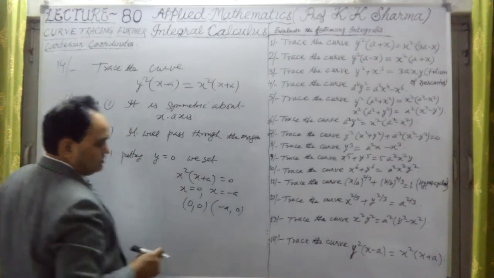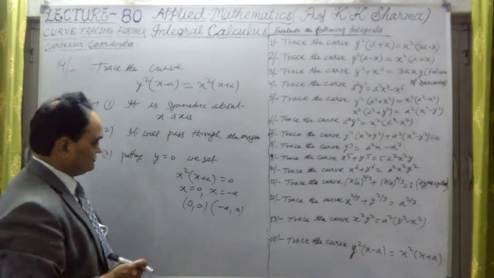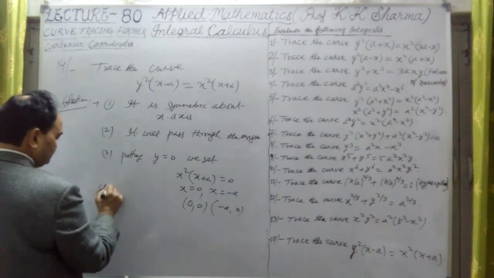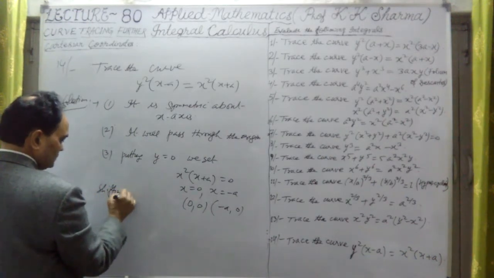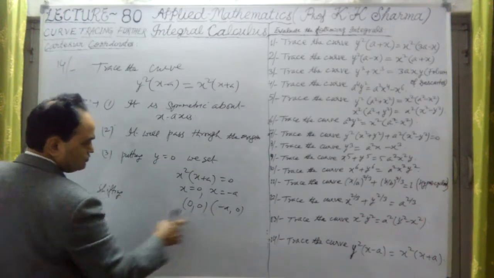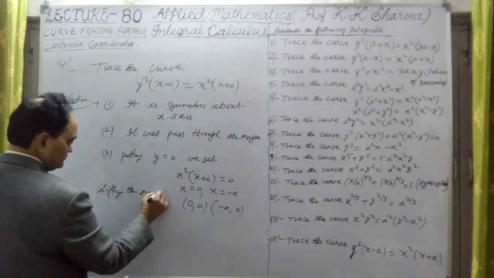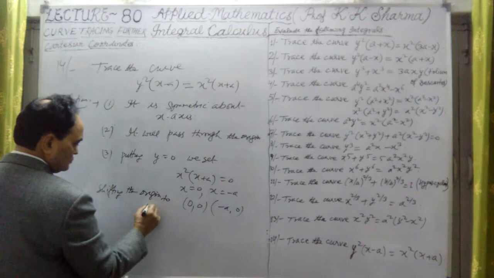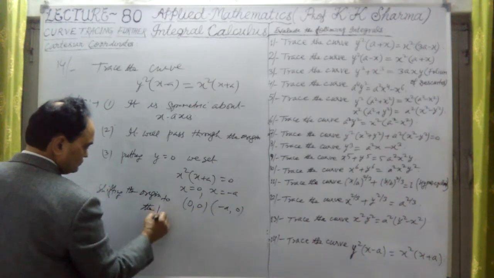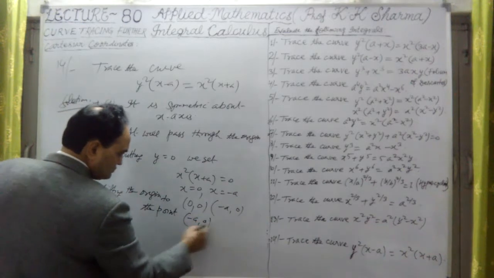Okay, so there are 2 points here. The curve is meeting the x-axis at these 2 points. If I shift the origin to the point minus a, 0,